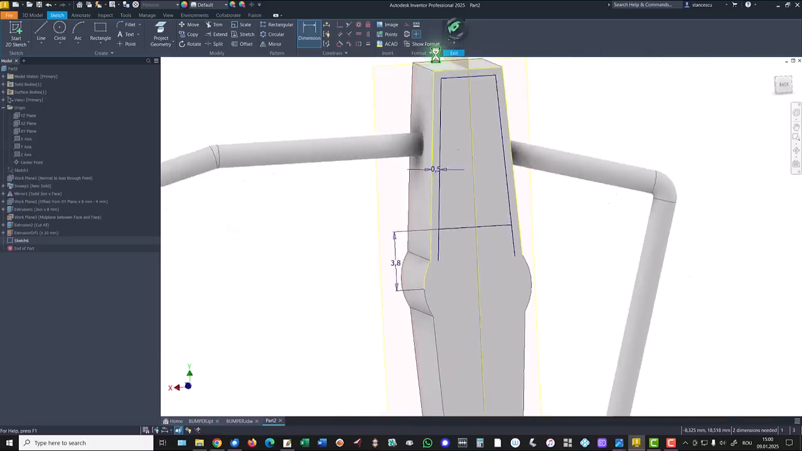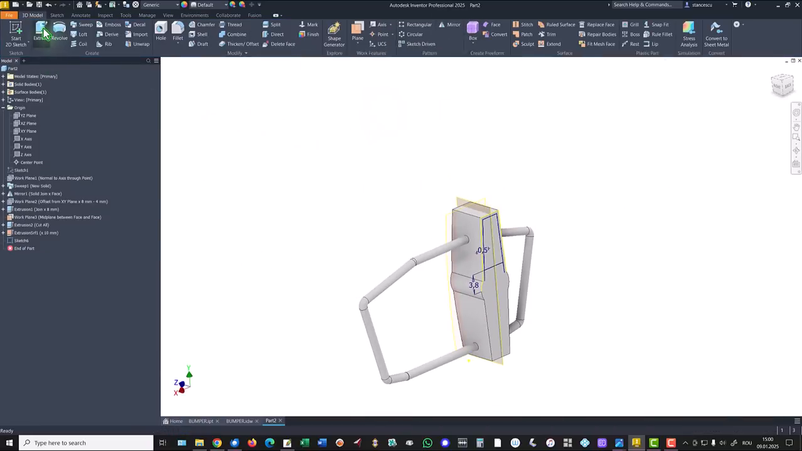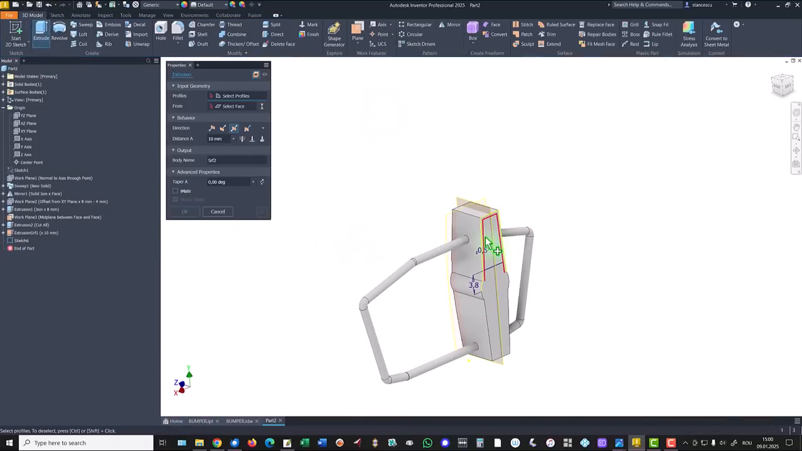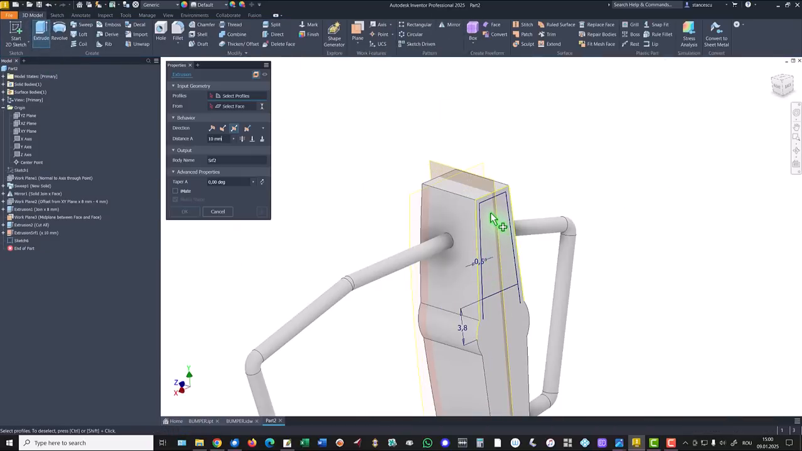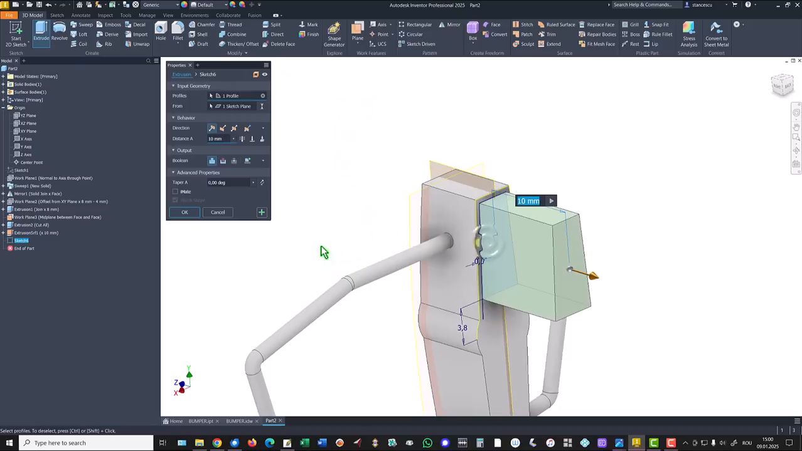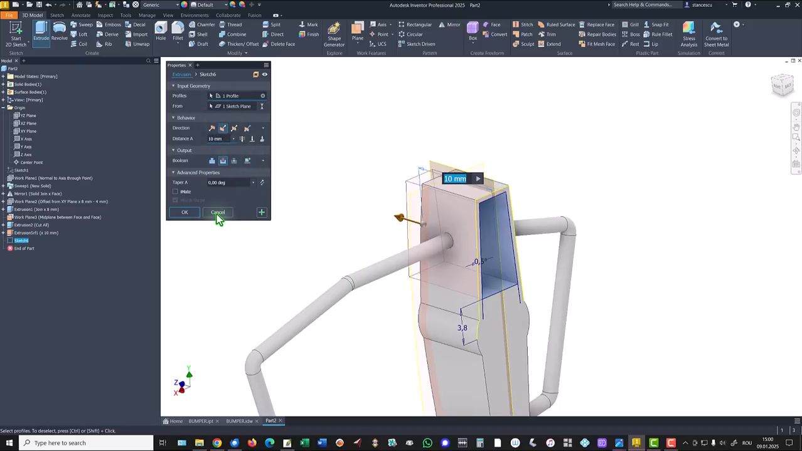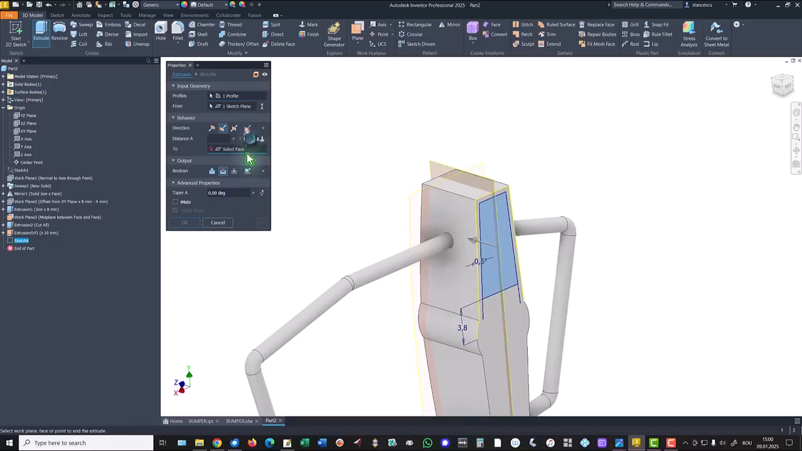Finish sketch, extrude this area not as a surface but a solid. This is the profile, the other direction, and to this face. Okay,